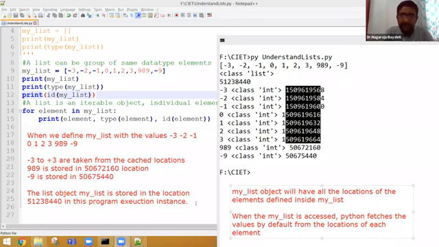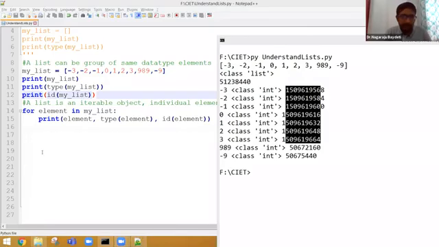A list is simply not a group of elements. Basically, it's an object where the addresses of elements are also stored. Otherwise, how would it fetch? It is not like an array now. Let me clear all the drawings.